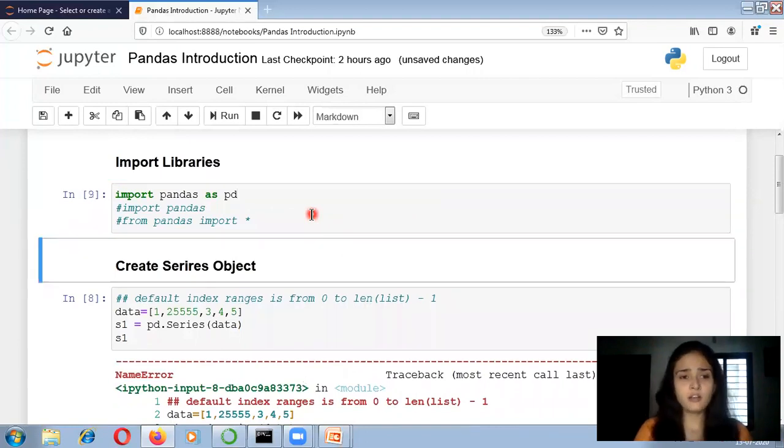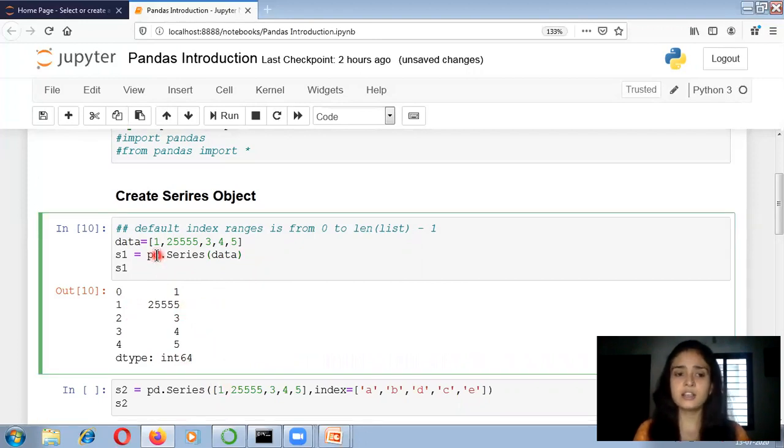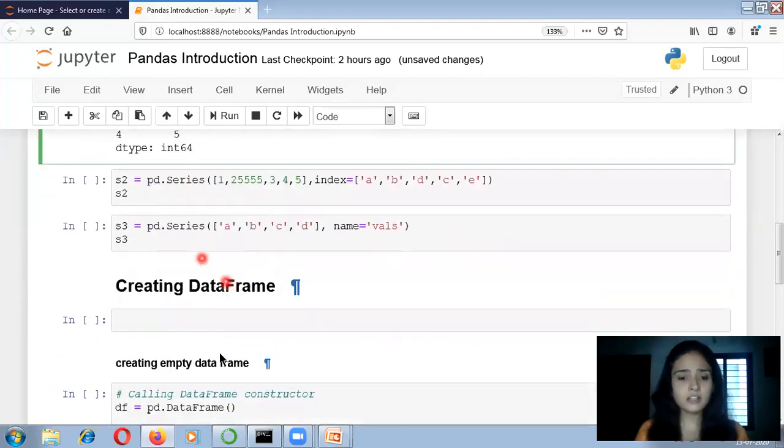So for this, I have to run this code first, that is import pandas as pd. Now the alias is created. Now I am running this code, and you can see that your code is running successfully. Instead of pandas, now you can write the alias, that is pd. Now the next one